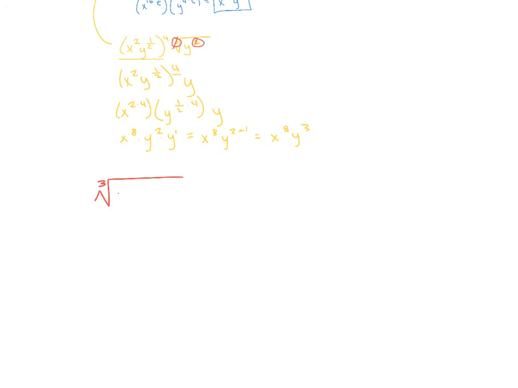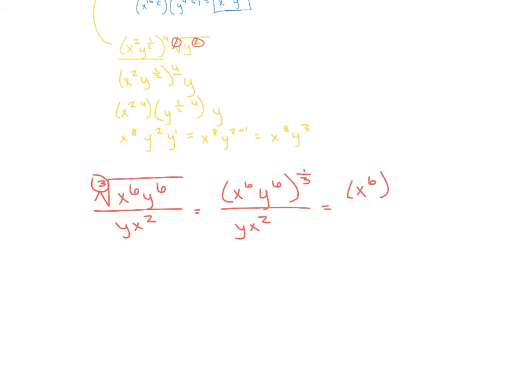So we have the cubed root of x to the 6th y to the 6th over yx squared. So we're going to set this up, and we're going to take x to the 6th y to the 6th. The 3 or the cubed root is going to be your denominator, and your numerator is going to be 1, and that's all over yx squared. And then we can set that up as x to the 6th to the power of 1/3, y to the 6th to the power of 1/3 over yx squared,